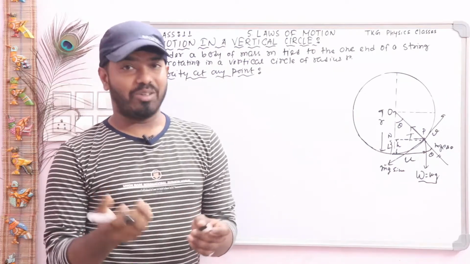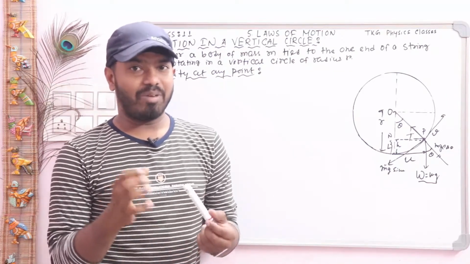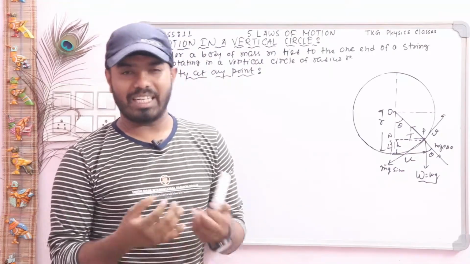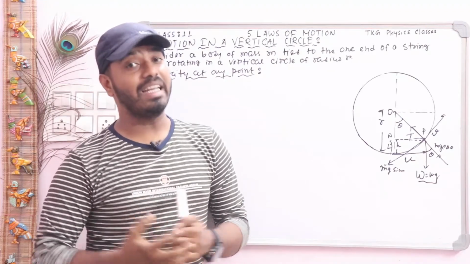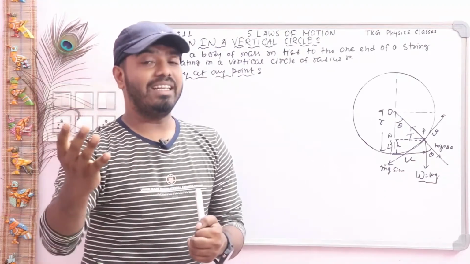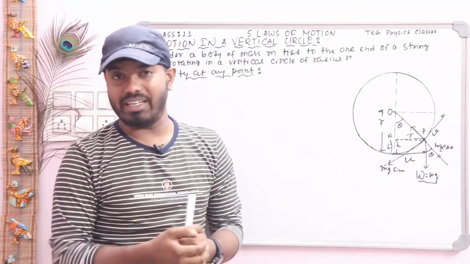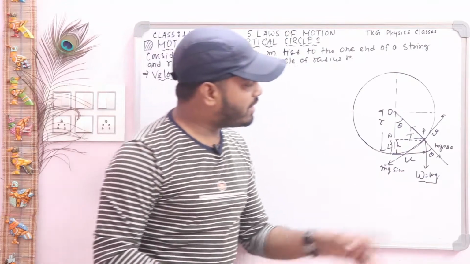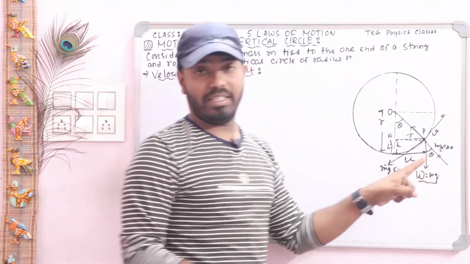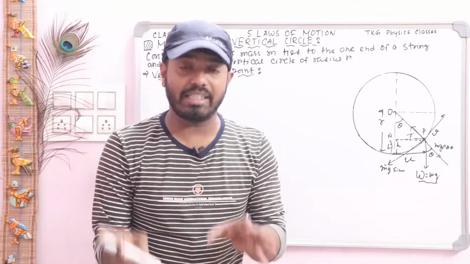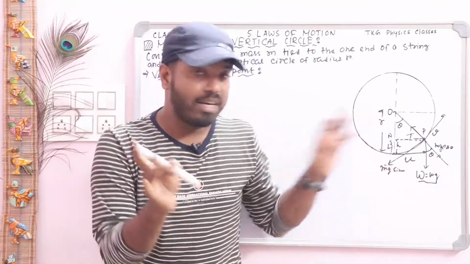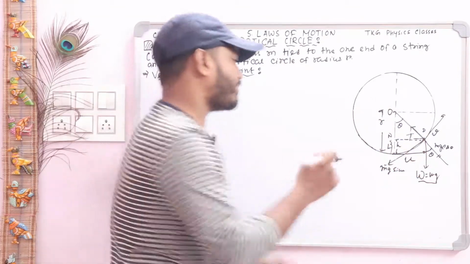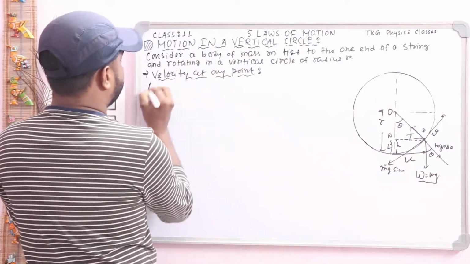All of you know the conservation law of energy. The sum of kinetic energy and potential energy always remains constant. That means in any case there is a loss of kinetic energy, there must be a gain in potential energy. So here we apply the conservation law of energy between two points, at L and at P. The conservation of energy says that the total energy at point L must be equal to the total energy at point P. So write it here, apply conservation of energy.